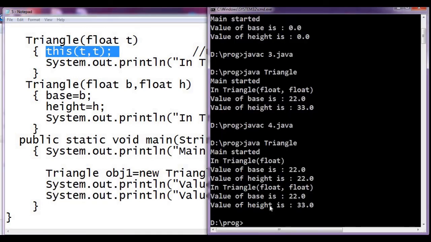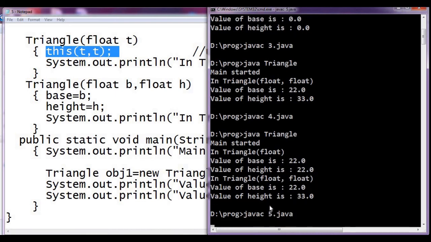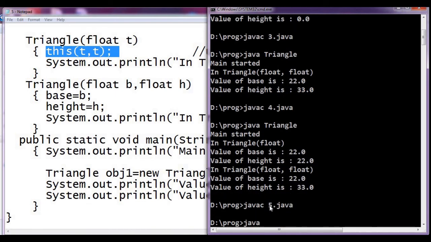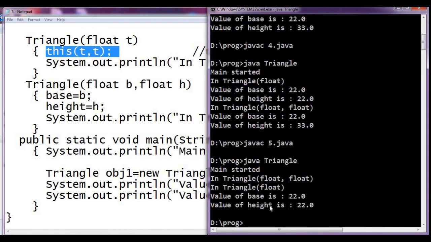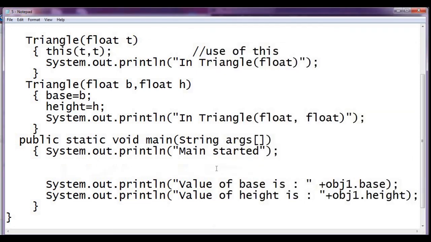Let us try to compile and check it. See, the main started, triangle float. Why has this float been called and executed first? Because we have created 22.